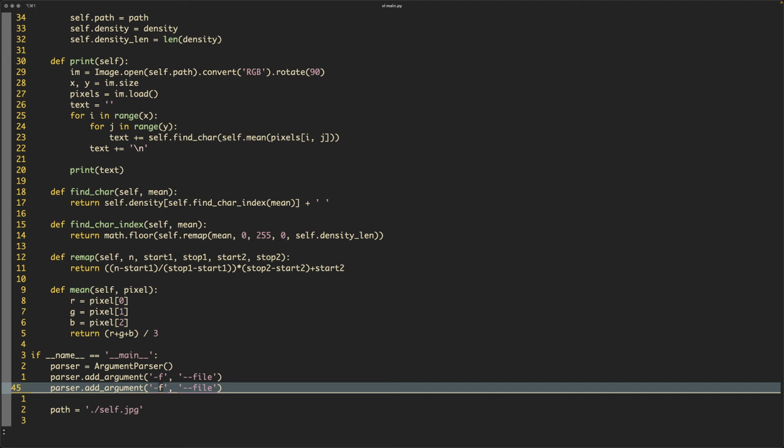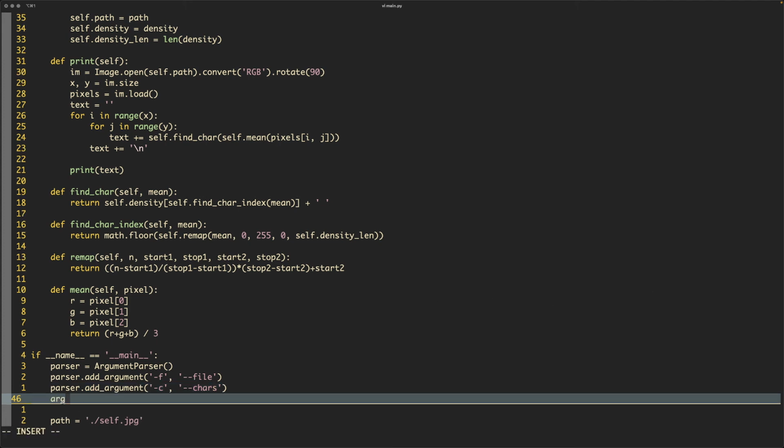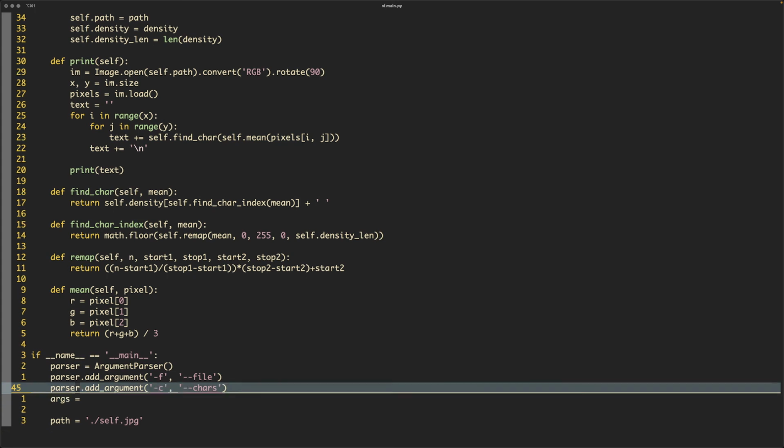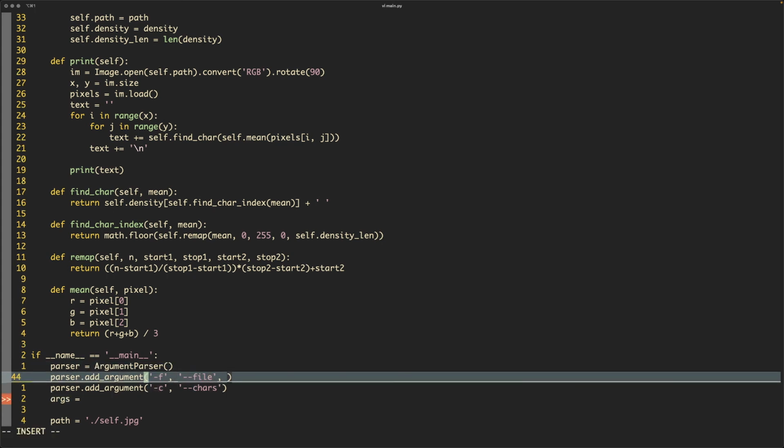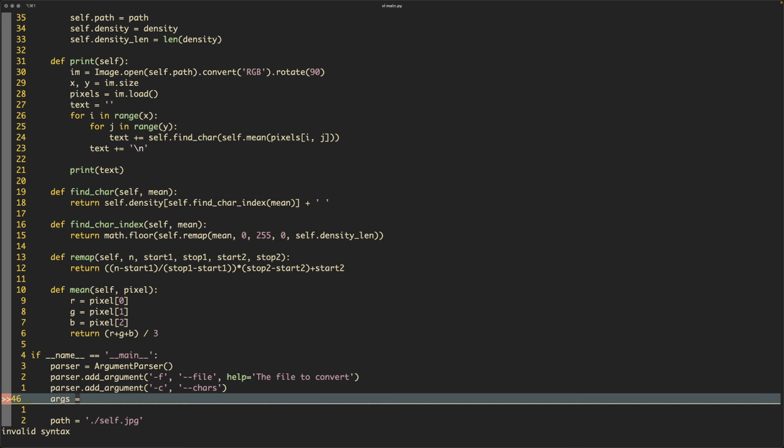And do we want to give alternative characters? I think we probably do. So say cars. What else would we want to do? I think those are probably all the arguments we want. You get help for free. So for example, you can say help equals file to convert, and then if you call your script with the argument -h, it will give you the help for that. So parse args, and then